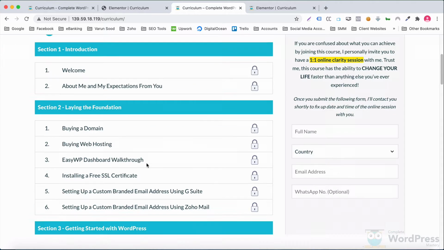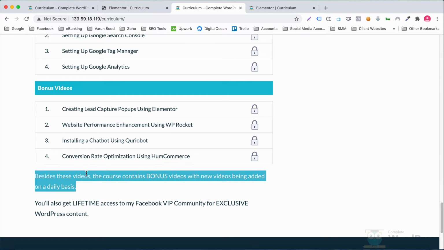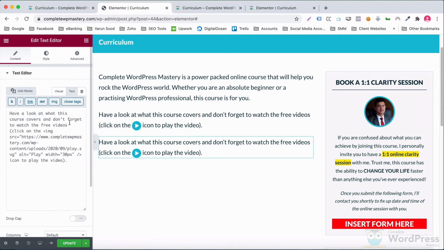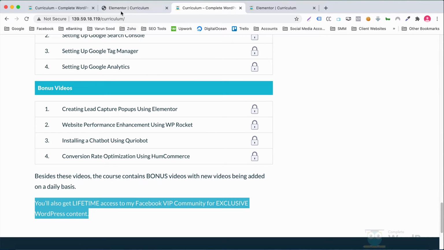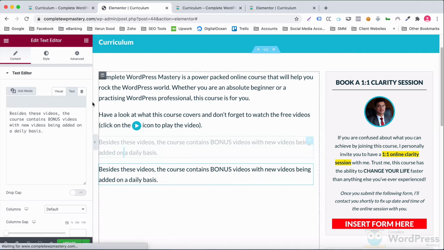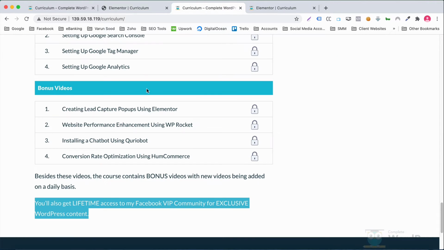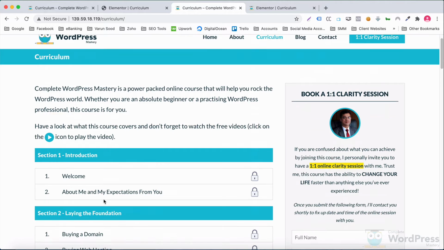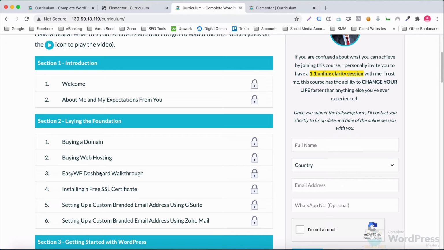At the bottom of this page, we have some more text, so let's go ahead and include this too. I'll duplicate the text editor we already have and paste the text. Now, in between this text, we have the course contents. We have a heading highlighted in blue and then have a table underneath. This is repeated for each of the course sections.